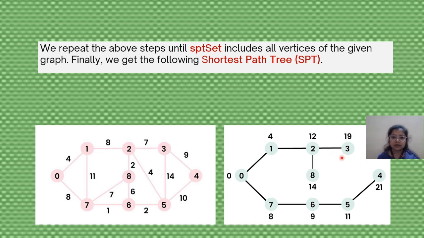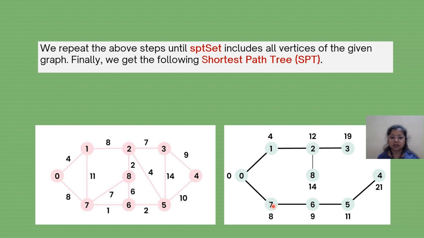Next, from 3, if we take 4, the distance value will be 19 plus 9, that will be 28. So if we choose from node 5, that is 11 plus 10, that will be 21. So finally, from node 5 to 4, node 4 is chosen. Finally, we obtain the